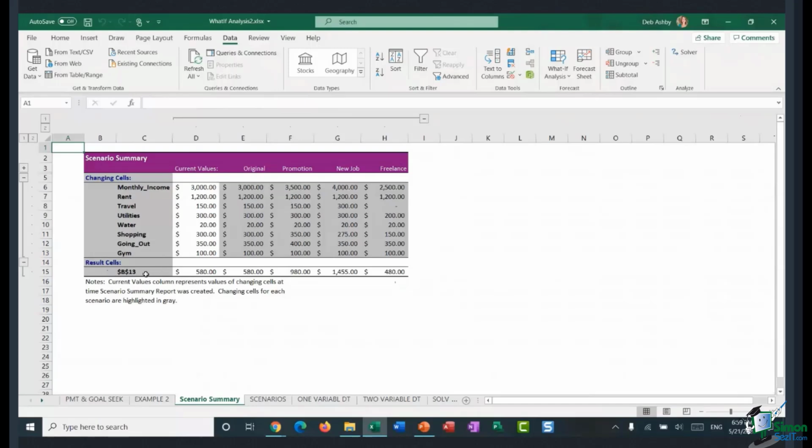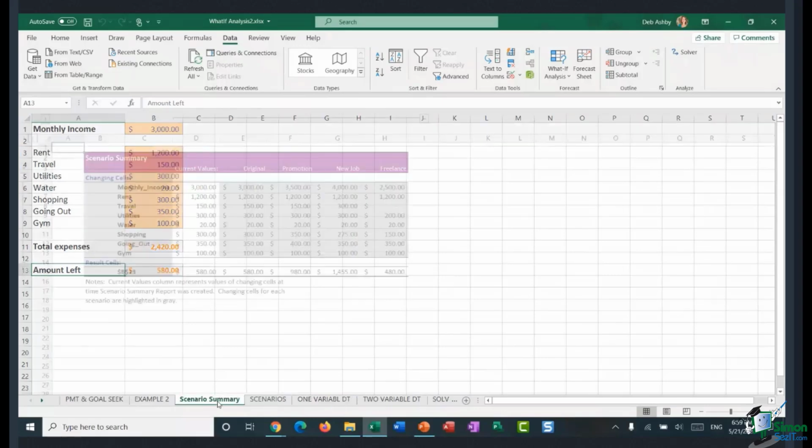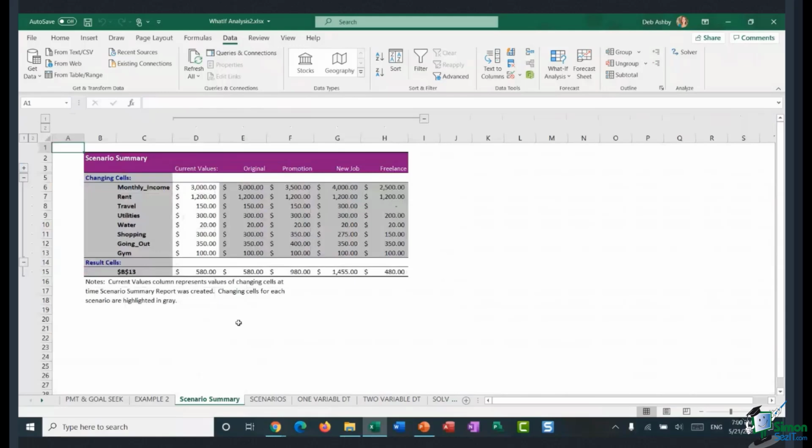Now, if I wanted that to say amount left, what I would need to do would be to go back and name this range, like we did with the rest of these. We'd want to name that the same way that we did these. Then you'll have the words amount left at the bottom there as opposed to the cell reference. So that is how scenario summary works. As I said, a really basic example, but you can do this on financial figures, lots of different scenarios that you can set up. So hopefully you can see how that might be useful in certain situations that you work on.